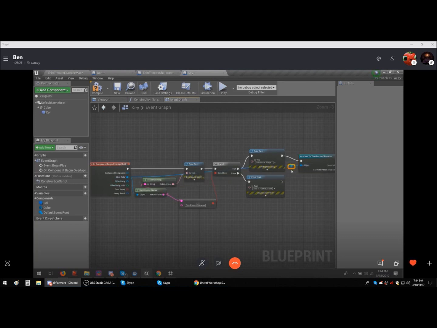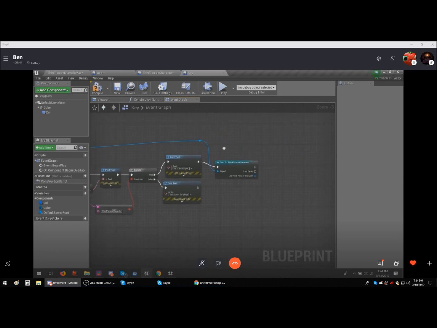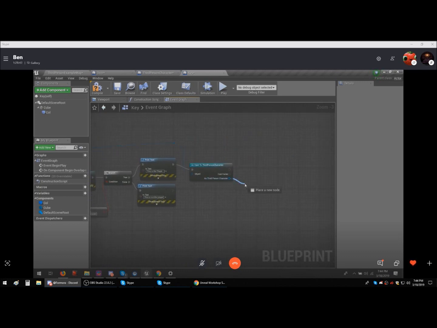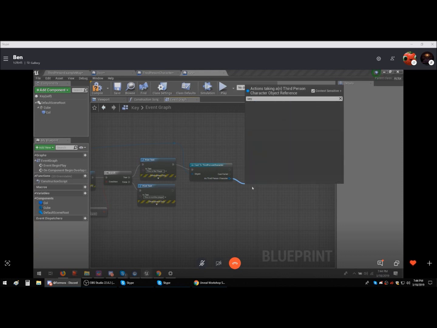And I'm going to go ahead and add my double clicks on the wire to make it a little bit more just cleaner, looks a little bit better. It's easier to read when you forget about the blueprint for like a day and you come back and you want to change values in your door key. And we just want to cast to the player. And as the player, we want to set